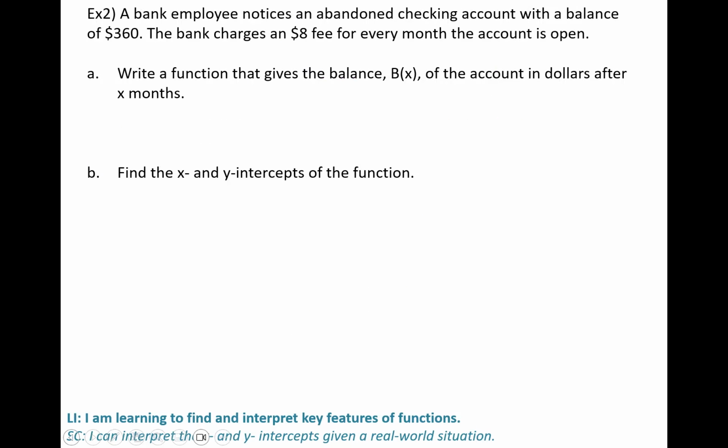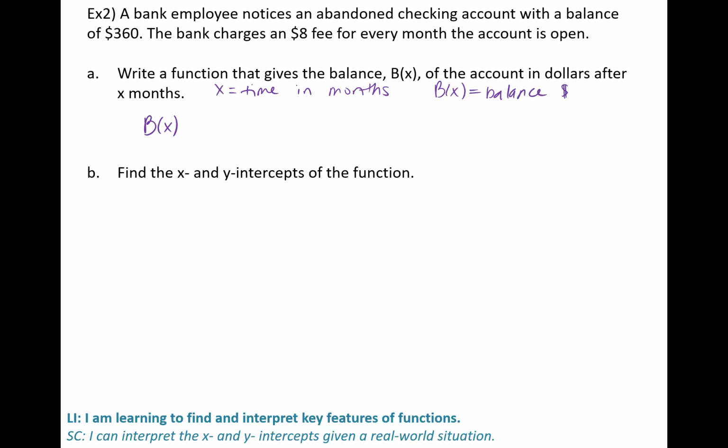All right, a bank employee notices an abandoned checking account with a balance of $360. The bank charges an $8 fee for every month the account is open. Write a function that gives the balance b of x, b representing balance of the account in dollars after x months. So my x is representing time in months, and of course b of x is representing the balance, or the money